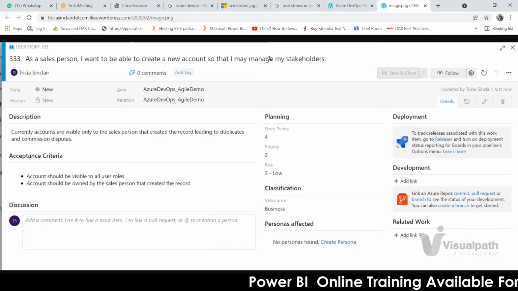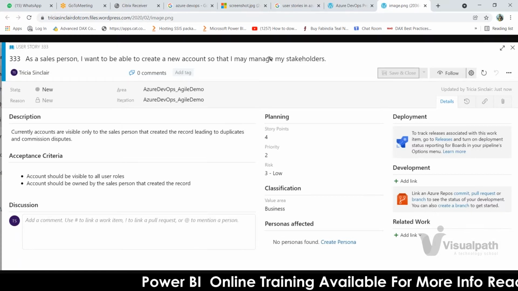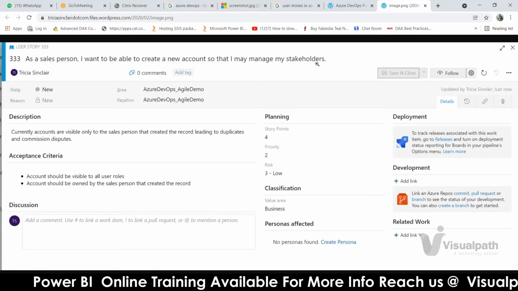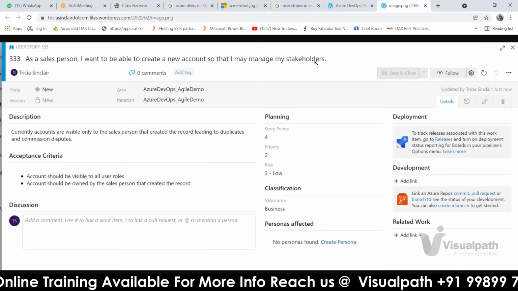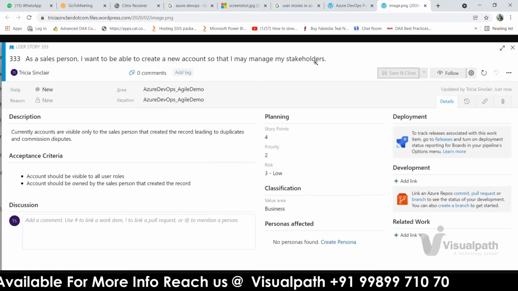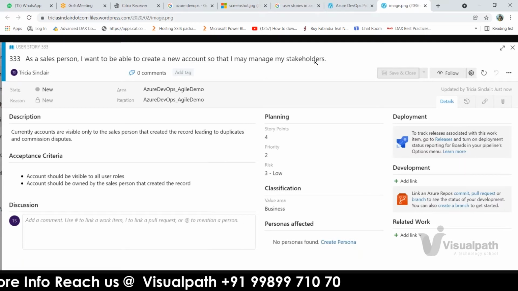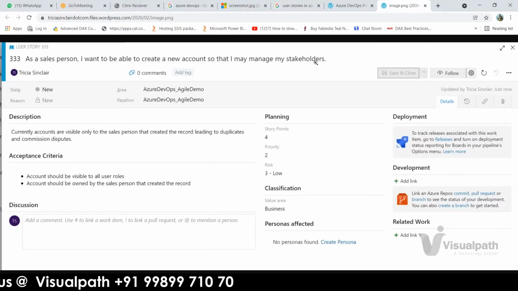Then your team lead will move this user story to the next sprint. You have to keep your communication very transparent with your lead, so that he can manage things.